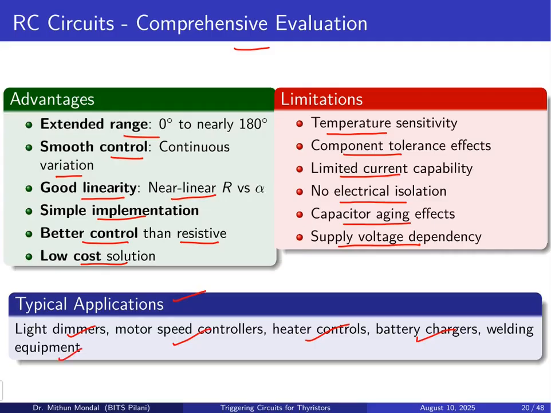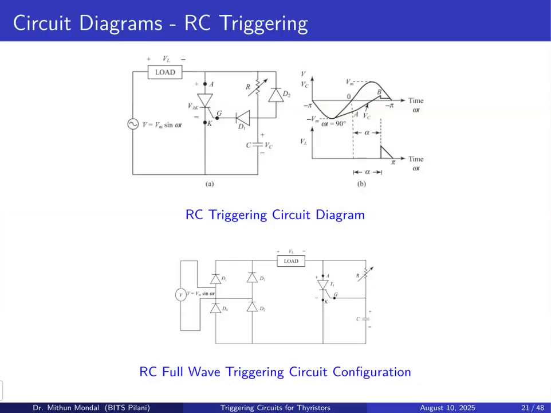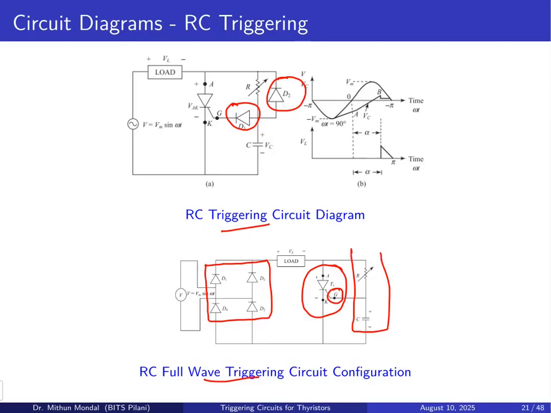So we discussed these few types of triggering, and here we will see the RC triggering circuit design. You can see here the diodes D1 and D2 in the half wave triggering, and there are 4 diodes D1 to D4 in the full wave triggering circuit. This is the thyristor which has the gate, and the gate is being controlled with the help of the RC network. So we will get the half wave or full wave triggering circuit depending upon how many diodes we are